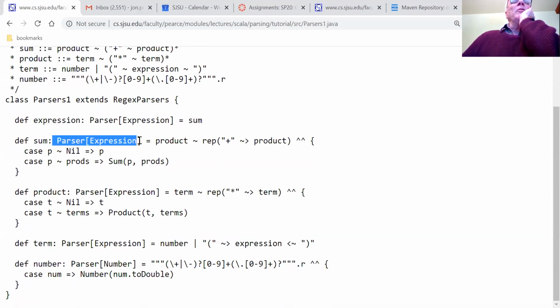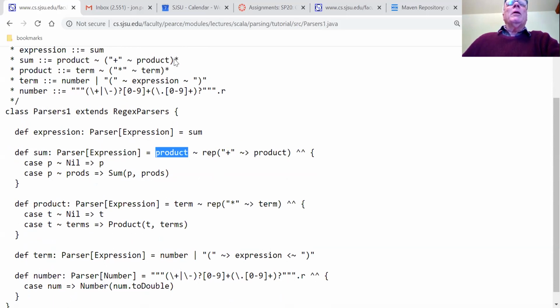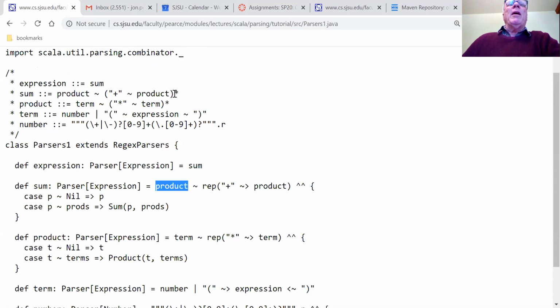Sum is a parser which produces an expression as an output, takes a string as an input, and could possibly return a failure of some sort. Product is already a parser which is defined here. So I'm going to parse the first thing with the product parser, the beginning. And then I don't have this star that we have up here. Instead, star is rep in here. So a repetition of plus sign followed by product. And so that's how you translate that first rule